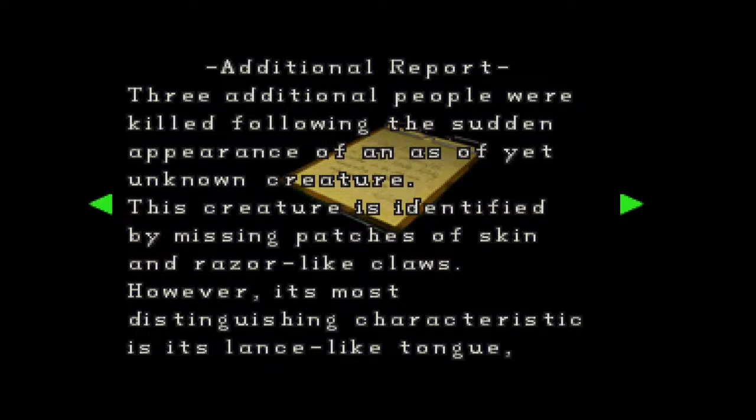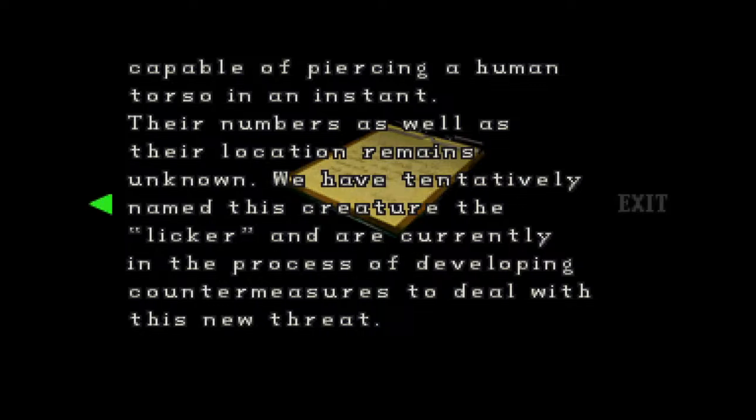Additional report: 3 additional people were killed following the sudden appearance of an as of yet unknown creature. This creature is identified by missing patches of skin and razor-like claws. However, its most distinguishing characteristic is the lance-like tongue, capable of piercing a human's torso in an instant. Their numbers as well as their location remain unknown. We have tentatively named the creature the Licker. That's what they are, the Lickers, and are currently in the process of developing countermeasures to deal with this new